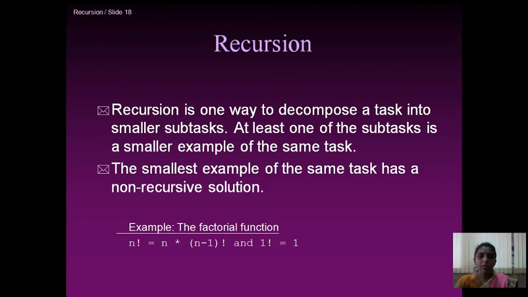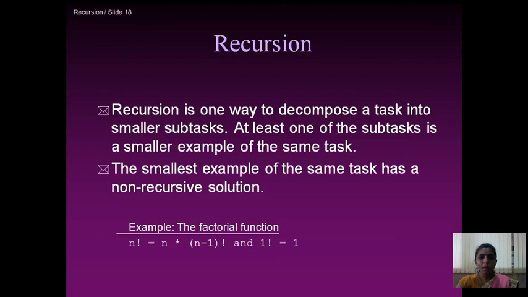Recursion is one way to decompose a task into smaller subtasks. In recursion, bigger problems are decomposed into smaller problems, and we find solutions for the smaller subproblems. Those solutions then give us the result for the bigger problem. At least one of the subtasks is a smaller example of the same task.